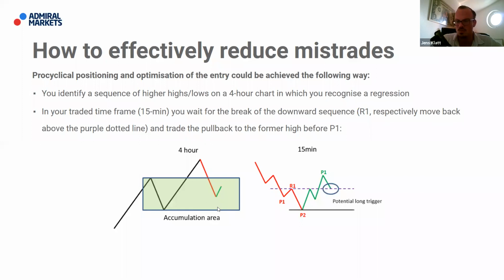This should become obvious already, because we do not know what will happen in the future. We only know the past, since we're looking at the chart from right to left in this case. So what we have here is this regressive move, and what we wait for